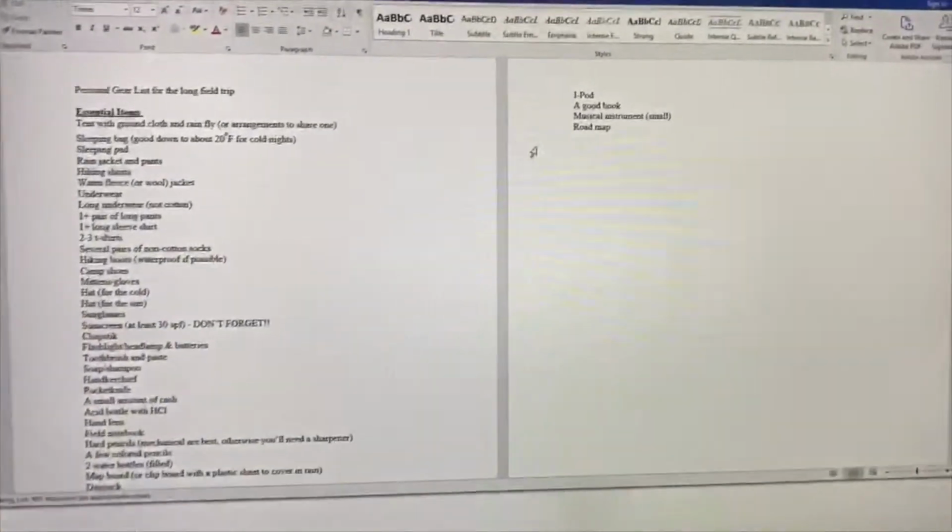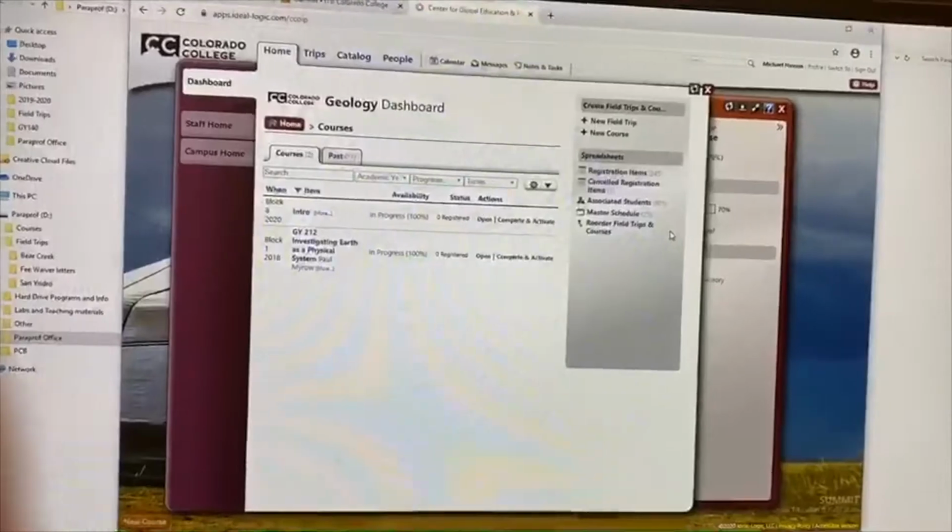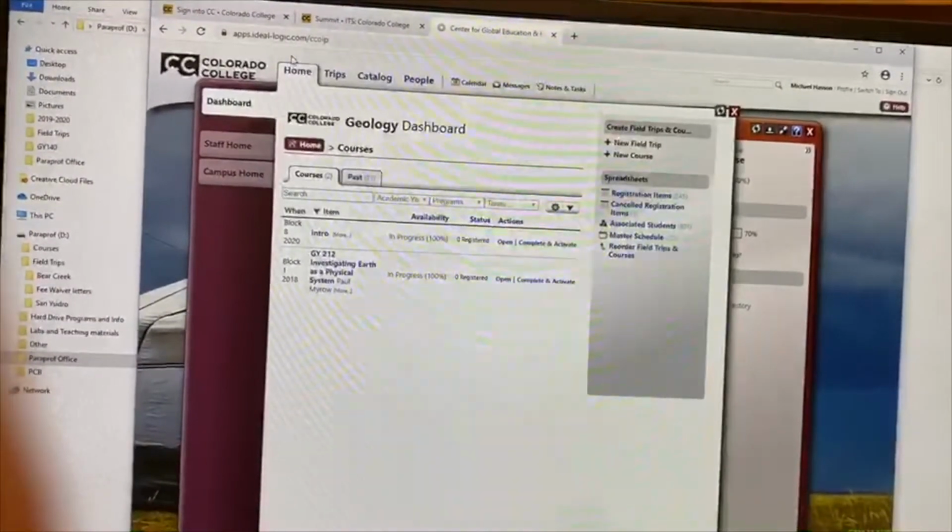I haven't actually compared. And that's mostly it. So this is just gonna be a little intro on how we use Summit to plan